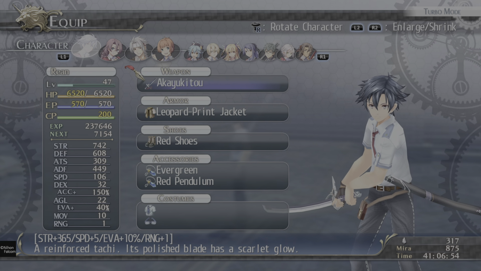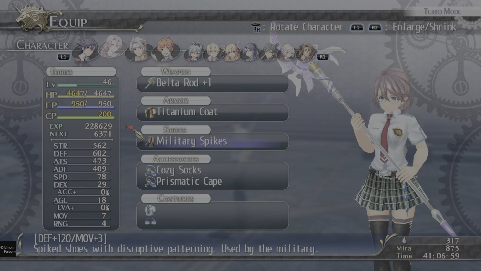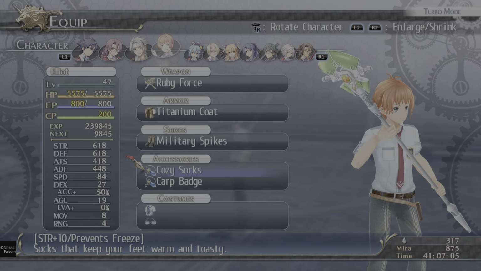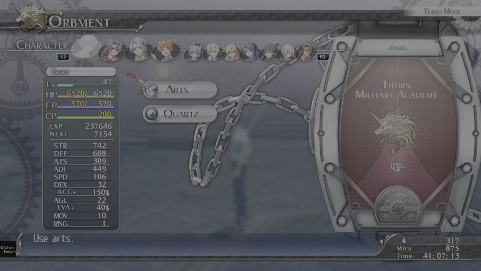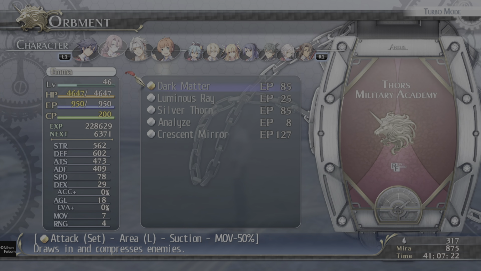So, I didn't really change anything, so to speak. Emma, as you know, has got the cozy socks now, so she can't be frozen, at least. All of them have some kind of resistance to freeze. In terms of ornaments, Rene's got the most, ironically, the most versatility when it comes to arts, considering I never use him for such. She's got one effective move,